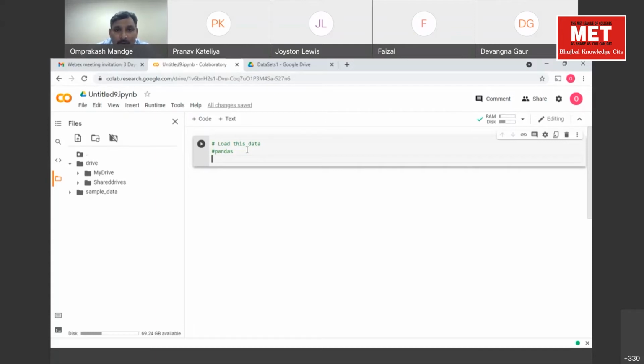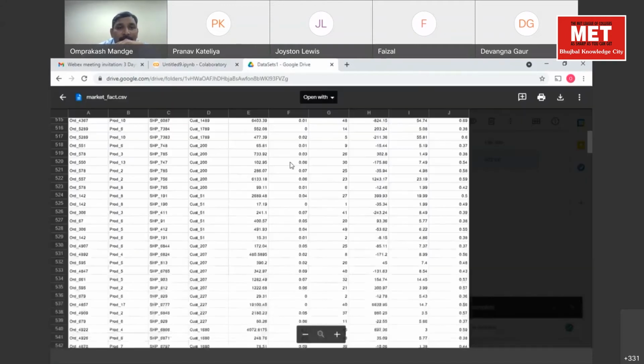Let me share my screen. In case of Python or Pandas, the complete file that we just have seen is known as a data frame. In a relational database, we call it a table. In other languages, we call it a tabular format. Here it's structured. In Python, we call it a data frame. What is a data frame?